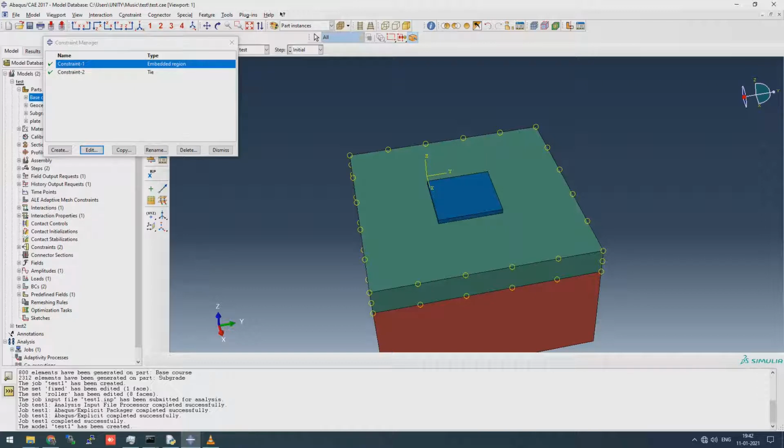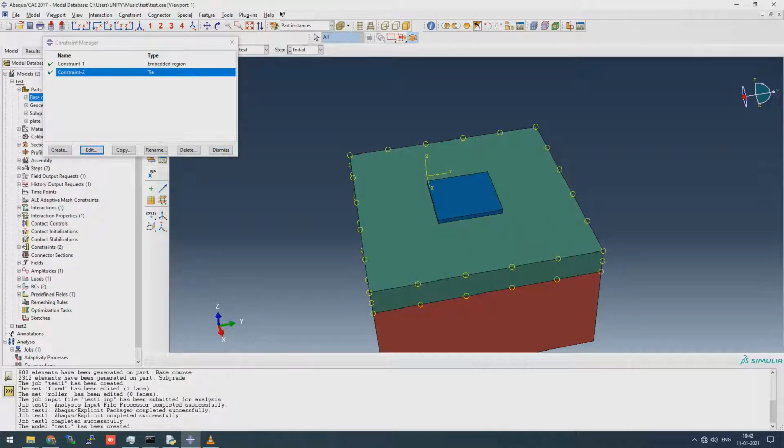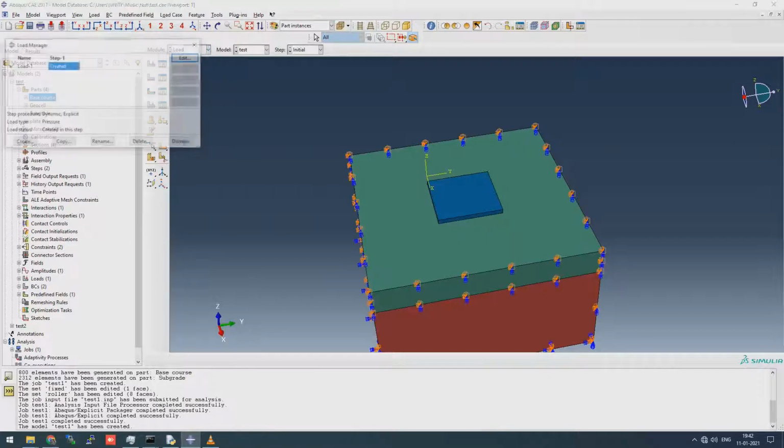We use this embedded condition when we model an RCC beam or column where there are rebars inside a concrete beam. And the tie condition, which we can use for the base course and subgrade material, or you can just remove this, but I'm going to use it for now.